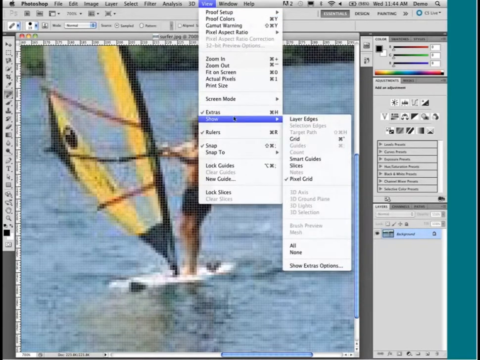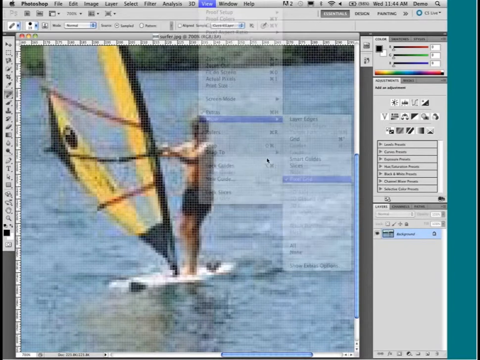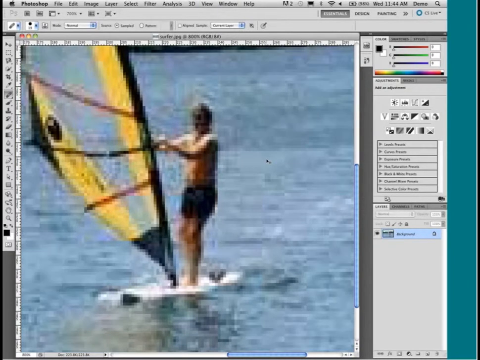That's under Show Pixel Grid. I'll turn that off. Sometimes I don't need it if I'm not doing web work. This is one of the worst images ever. I apologize for that. But if we use the healing brush tool here, let's say,